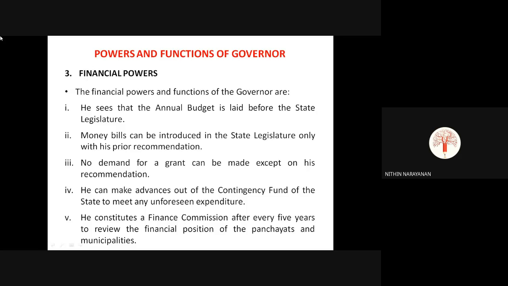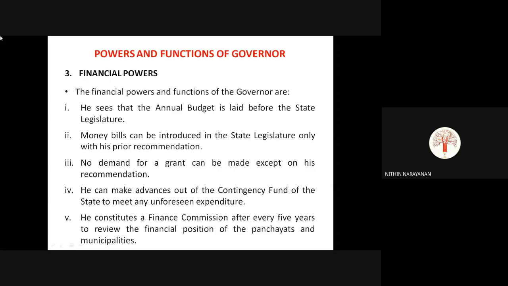ഓക്കെ. സോ അത് കാറ്റഗറൈസ് ചെയ്ത് നോക്കിയാൽ the main members like President, Vice President, Prime Minister, Chief Minister, then Governor, they all will be having certain powers, like executive powers will be there, certain legislative powers will be there, financial powers will be there, sometimes some advisory or judicial powers will be there. അപ്പോൾ അതെന്തൊക്കെയാണ് കൃത്യമായിട്ട് കാറ്റഗറൈസ് ചെയ്ത് തന്നെ പഠിക്കുക. ഓക്കെ. Next one is financial powers.